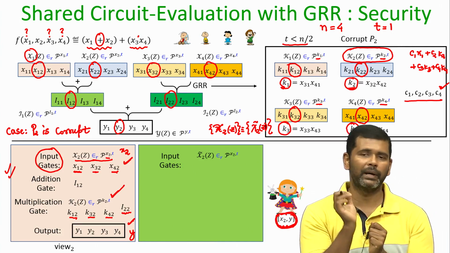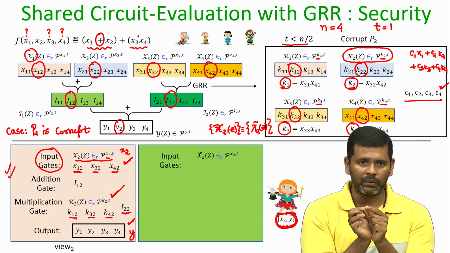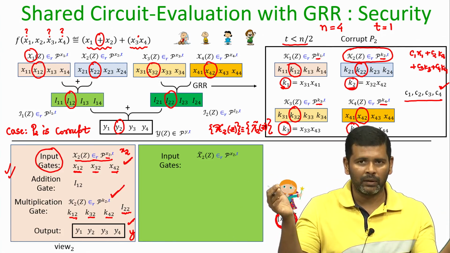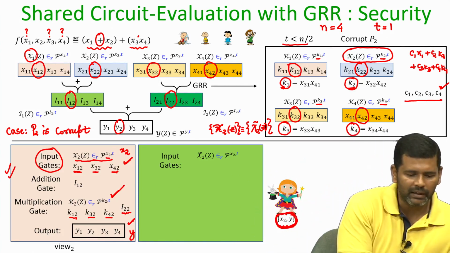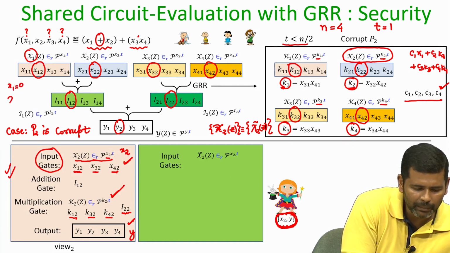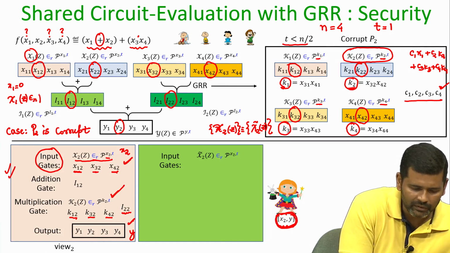And remember, from the privacy property of Shamir secret sharing, that value x12 could be a share for any random t degree polynomial whose constant term could be any value. That means, even if x1 would have been equal to 0, and a polynomial would have been picked from the set of all possible polynomials whose constant term is 0,